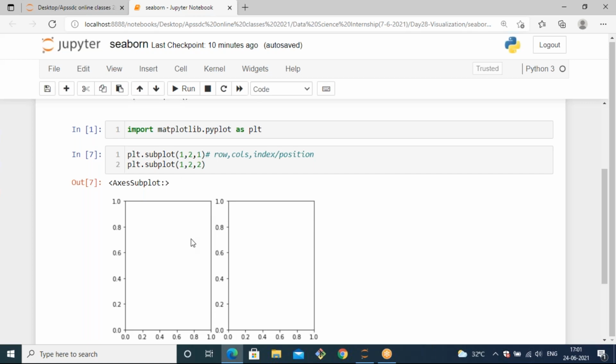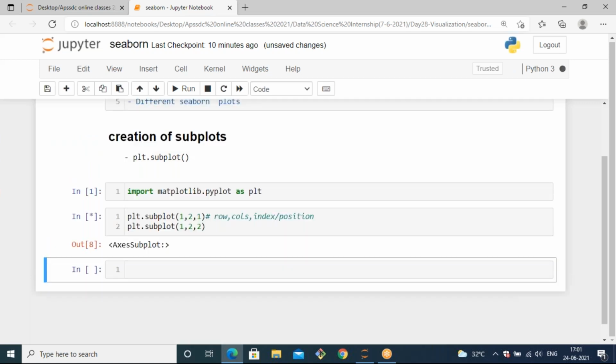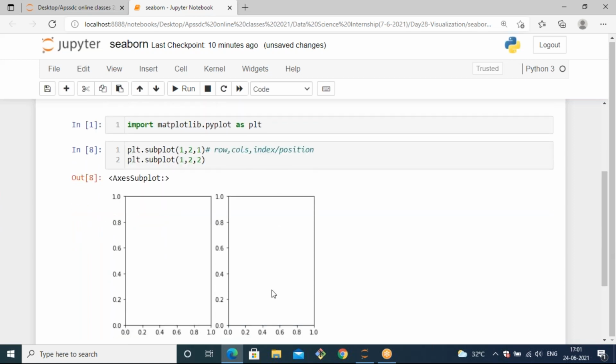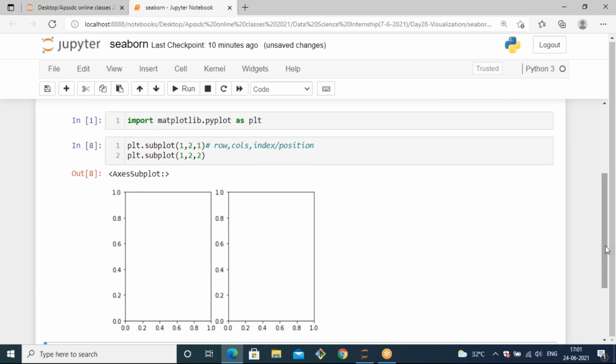So this is the first column and the second column. And again, I want to display a subplot in the first column so that I can pass 1, so that it will generate this subplot. And for the second one, if I pass 1 comma 2 comma 2, that means in the single row, second column, I want to generate again a subplot, so that it will display a subplot in the position of 2 also, like this. But don't get confused, you will get more clarity when you use programming to plot it. Okay, like this you can generate a subplot.